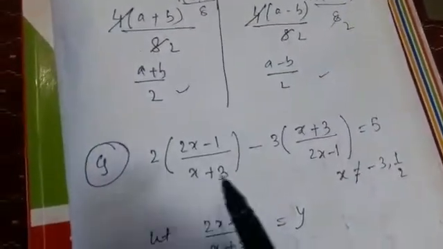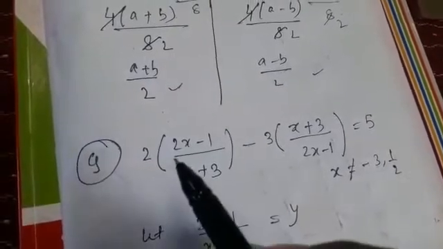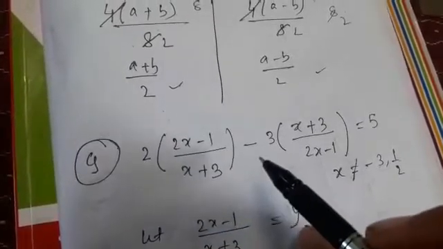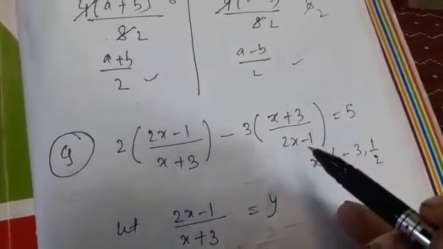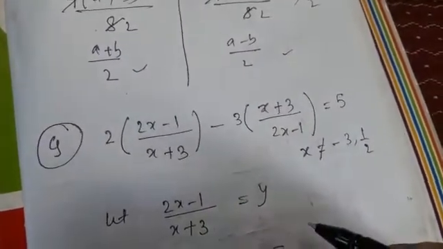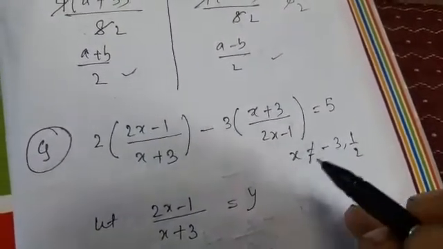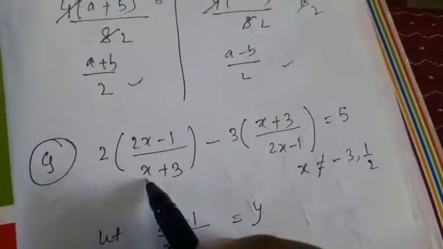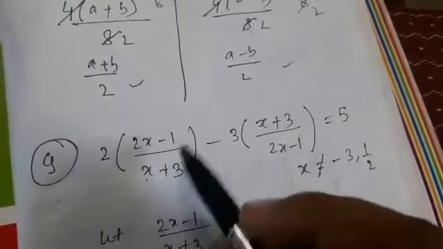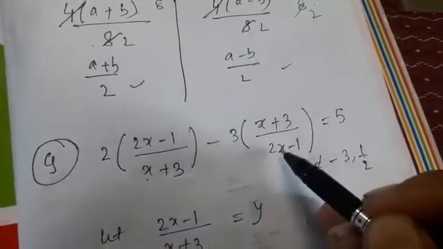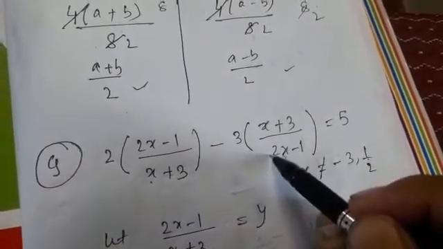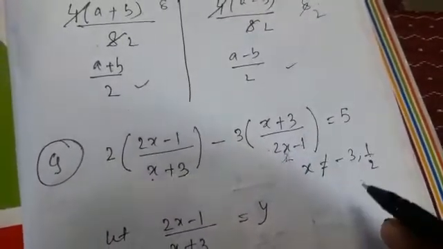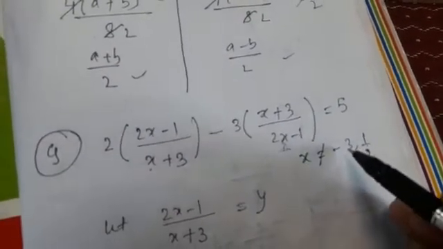Now see, this is one more question where the question is 2 in the bracket (2x minus 1) by (x plus 3) minus 3(x plus 3) by (2x minus 1) is equal to 5. This is given, and the question is saying x should not be minus 3 or half, because see, if you place here minus 3, so minus 3 plus 3 will become 0. Something by 0 will give you undetermined, right? Similarly, if you place half over here, so 1 by 2, and these two will get cancelled, will give you 1. So 1 minus 1 will give you 0 for this term. So anything by 0 will be infinity.